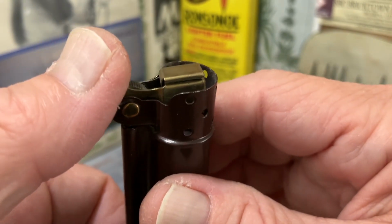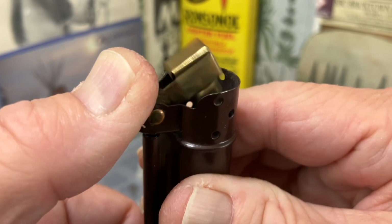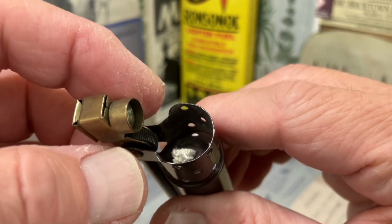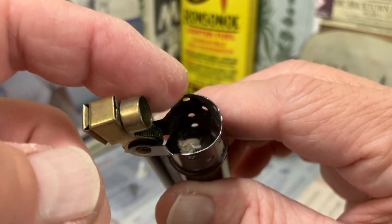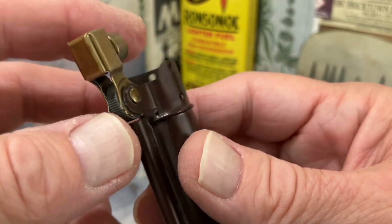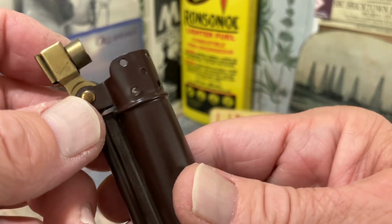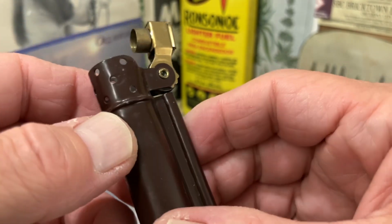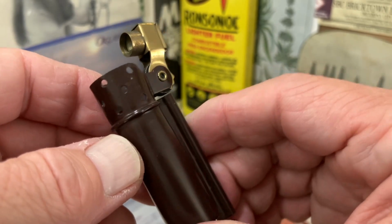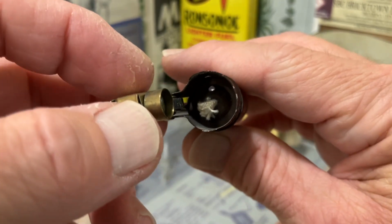This is an automatic lighter of sorts in that when you strike the wheel, the snuffer comes up and the wick is ignited, or the fumes coming out of the wick are ignited. It has a nice built up windscreen with, it looks like, 11 holes in it. See there that the wick is